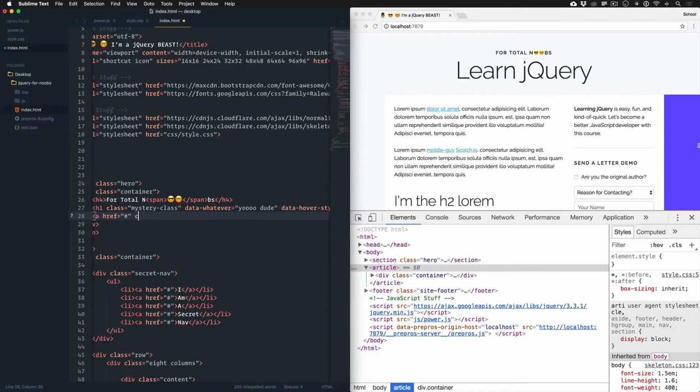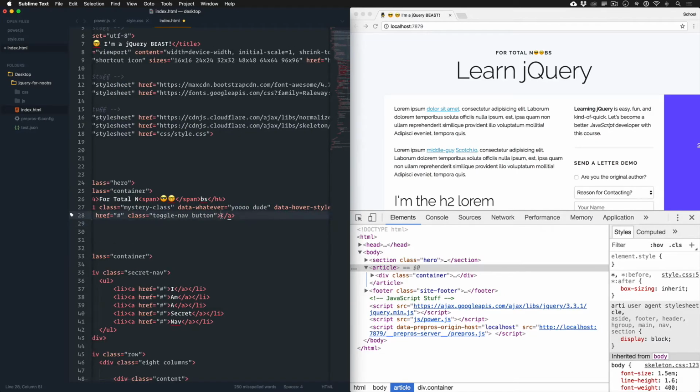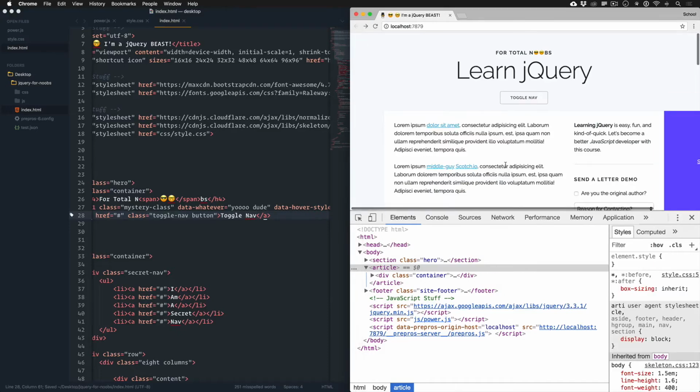The href doesn't matter, class equals toggle nav. We'll call this a button, because the framework Skeleton, if we add a class button, is going to make the button look nice and we're not going to have to do any work. And we'll just say toggle nav. Cool. So if I hit this button,